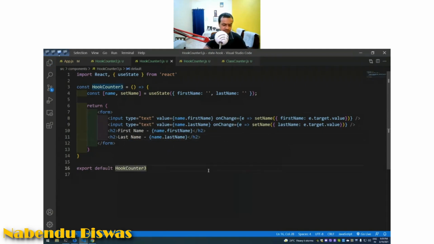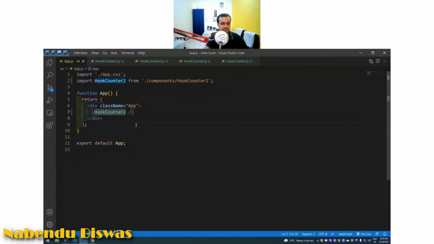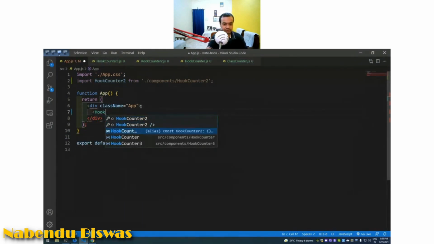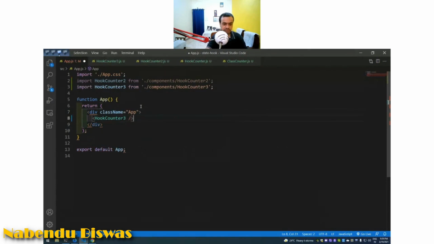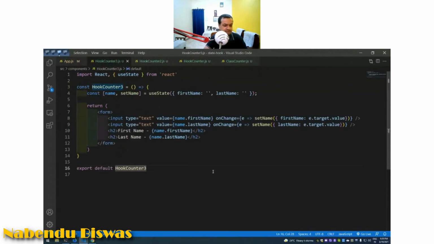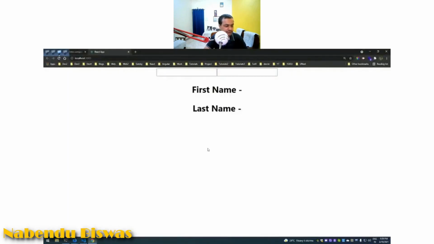Hook counter is like this, and now let us show this in the app.js. Hook counter 3 is imported. We remove this, save it, and hook counter 3 is there, and it has been shown first name and last